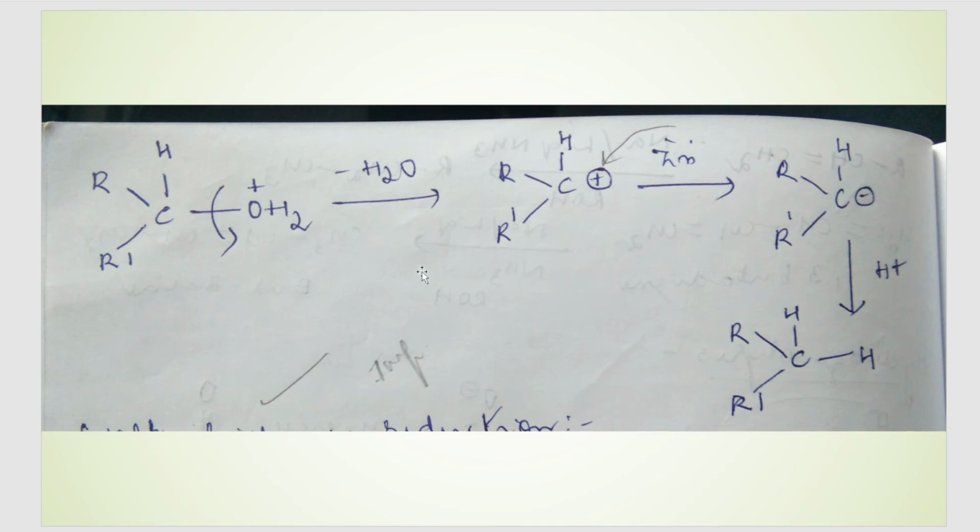So what do we get now? This carbon will get a plus charge again. Once again in this step, zinc present in the reaction medium will give two more electrons to this carbon, so it will get a minus charge. Next, one more proton is given from the reaction medium to this carbon, so the H will attach there. So the C double bond O group is now converted to a CH2 group. This is the mechanism of Clemmensen's reduction.